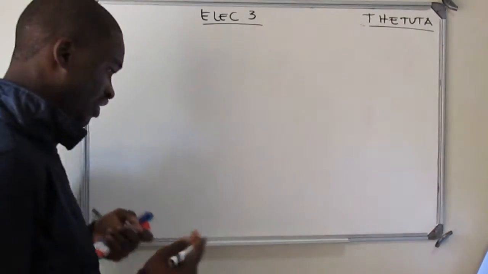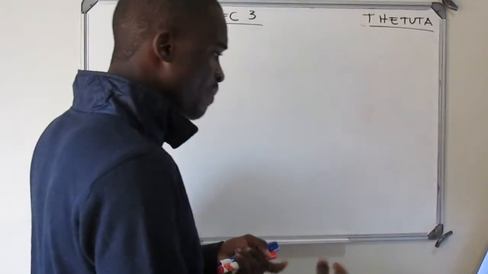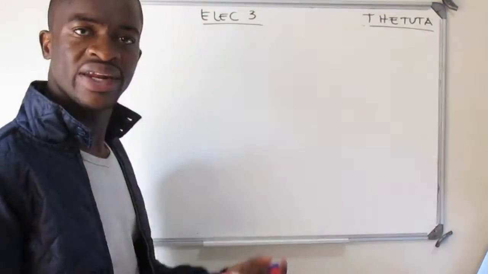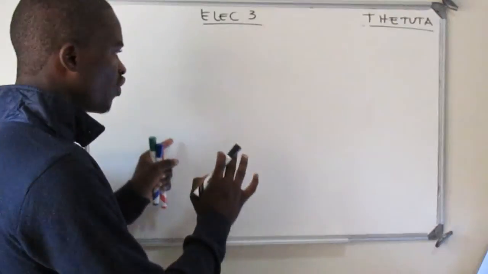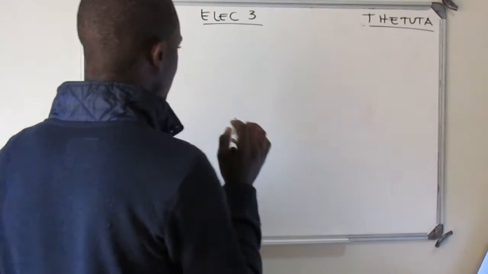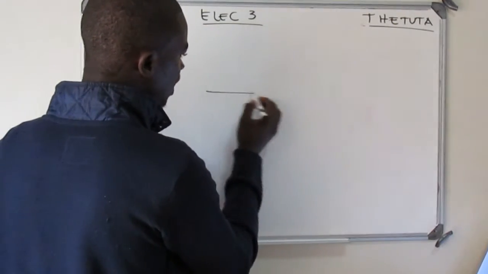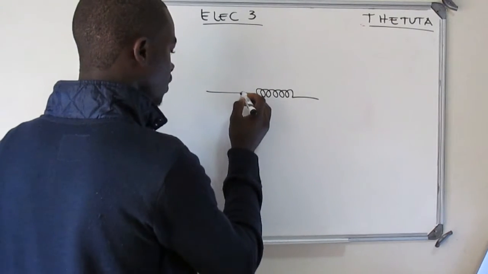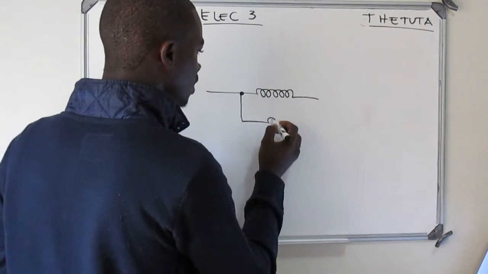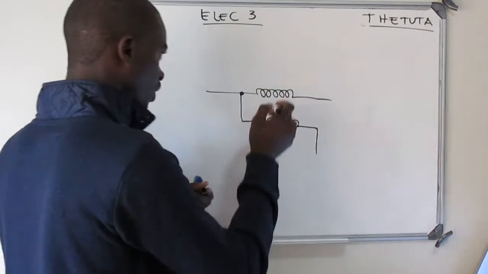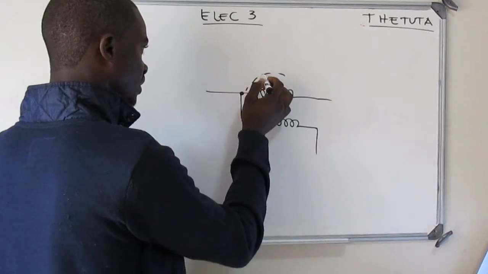Okay. So first of all, before we even start discussing measurements of power in the delta load or in the star load, we need first to represent our wattmeter. The representation of this wattmeter is made of two coils. So you need to understand how the two coils work by the representation already.